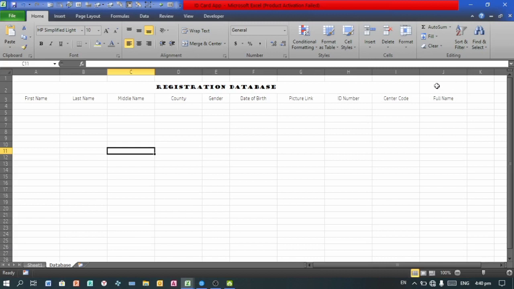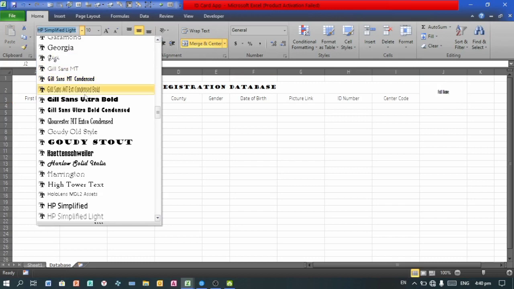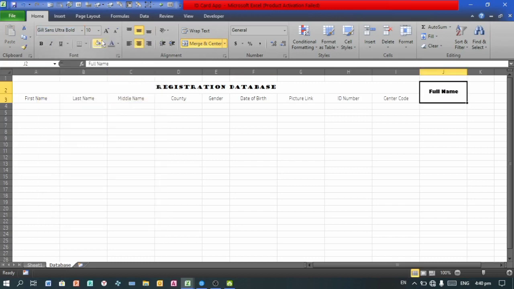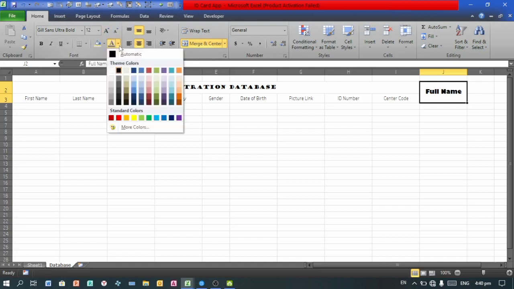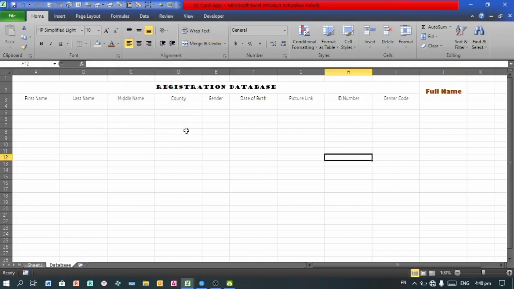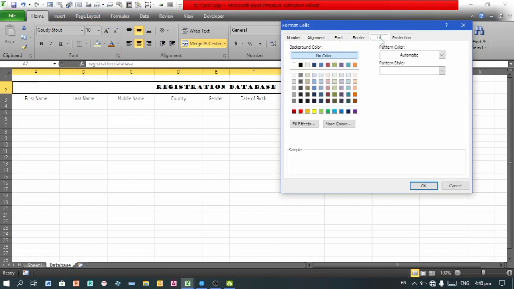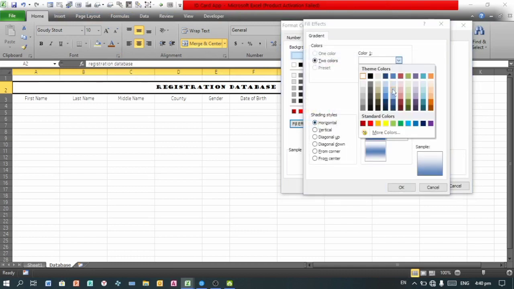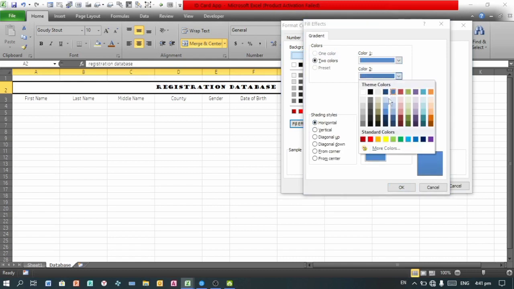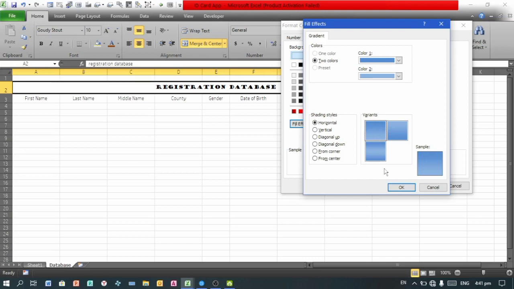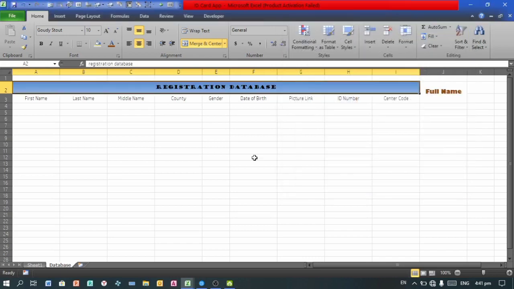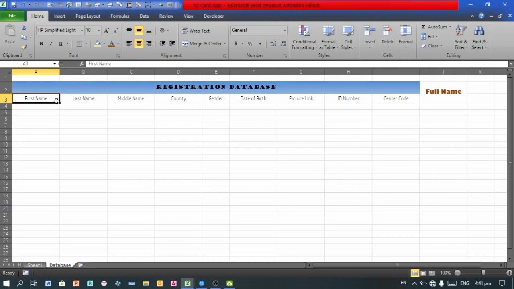And then this full name I can hold or J2, J3 I can mark the center and go with font. Maybe I can use this one and then increase that. Okay. And maybe I go with this color. Okay. Perfect. And then this field I will click on this and go over to the bounce button here and hit field effect, and then I want to go with this one and I'll go with this one. Okay, something I will move from like deep to light, and then I'll come over here,